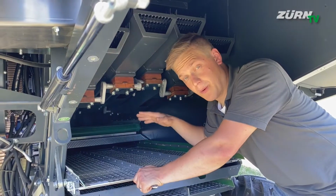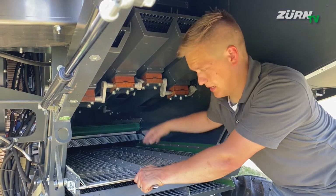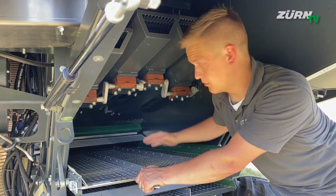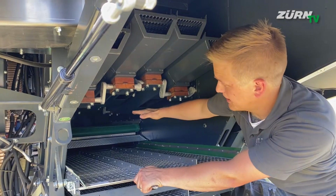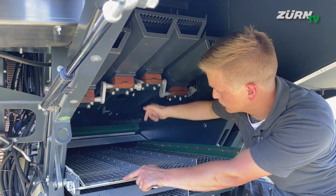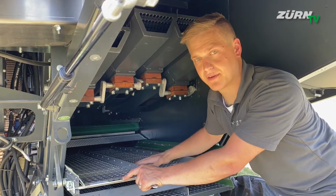From the straw walkers, but also from the threshing system, the grain comes onto that green central belt, and this belt transfers the grain and non-grain material to the cleaning area, to the sieves. But before it actually enters the sieves, the material has a high falling step, more than 20 centimeters, down to the top sieve. You can see a pre-cleaner, so you have a very efficient pre-cleaning before the material even enters